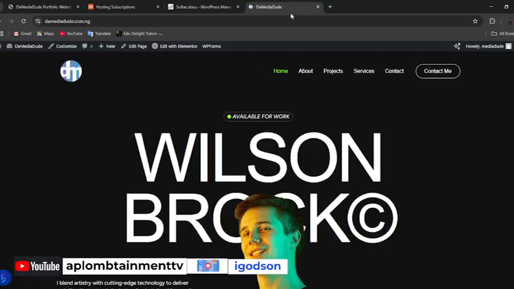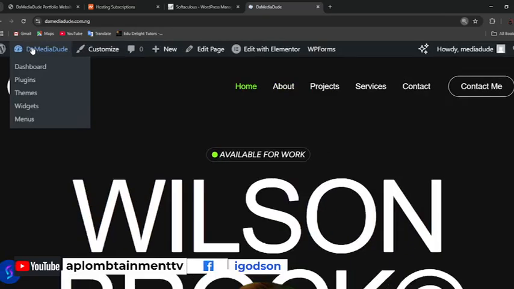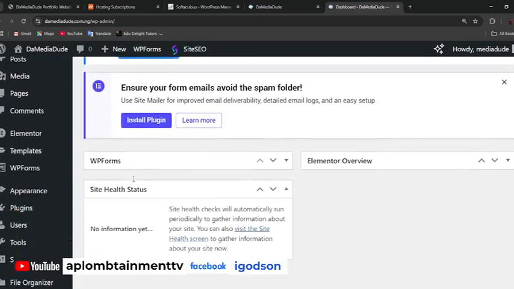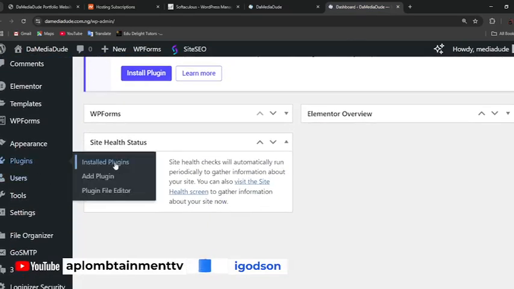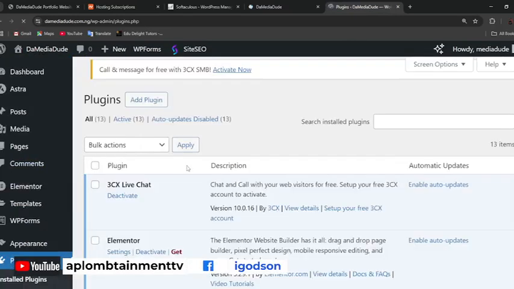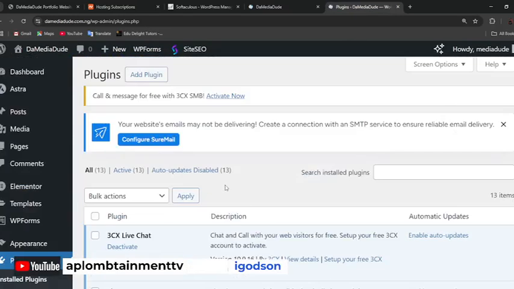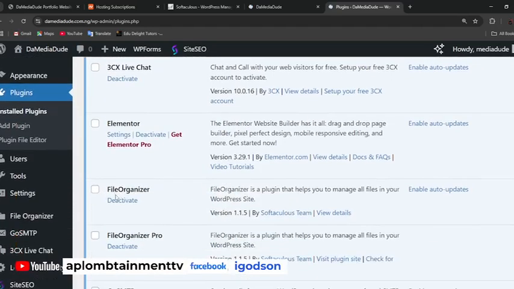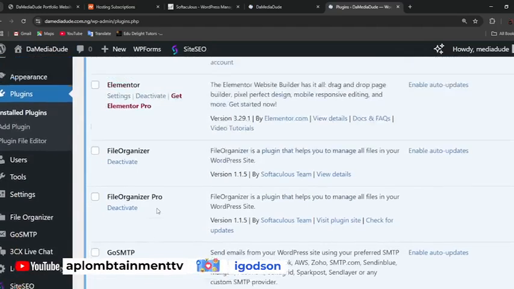We're going to close that tab, come to our home page here, move our mouse right here, where it has the site name at the top. Then we just click and open the dashboard. Now we are back to the dashboard. Now I'm going to see these plugins again, see the ones that refuse to get deactivated, and I'm going to deactivate them one by one. But